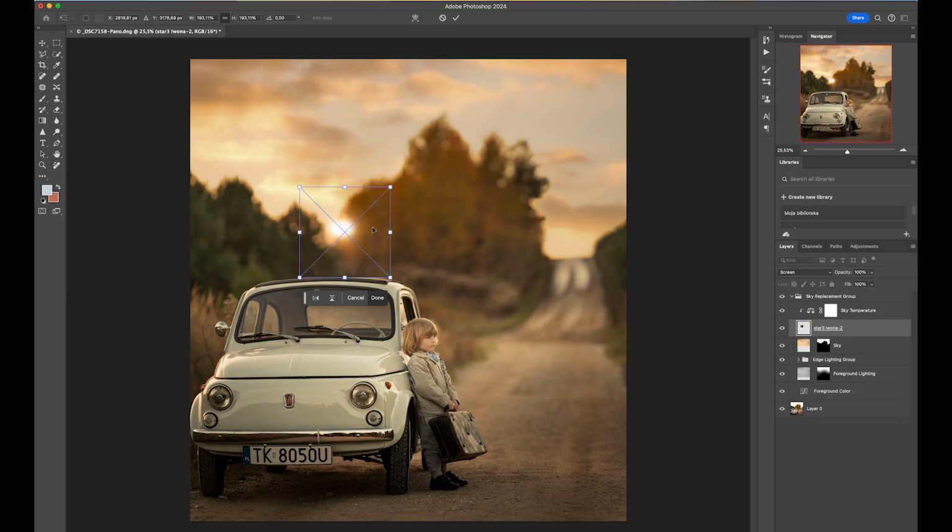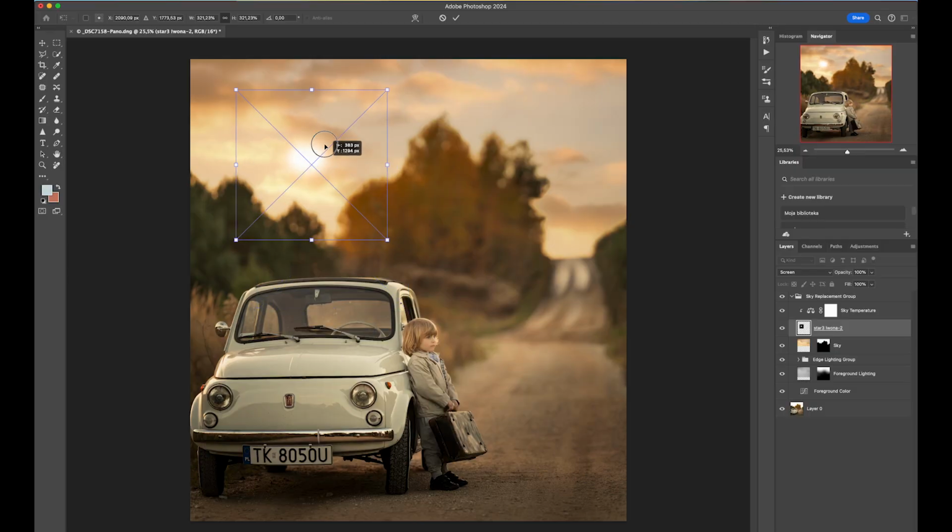Once you do it, you can just change the size and place it wherever you want. I like to place it just on the edge of some kind of trees because it looks more natural. If you place it over here, it doesn't make sense. It doesn't look natural, just because if you were actually taking a photo and the sun was